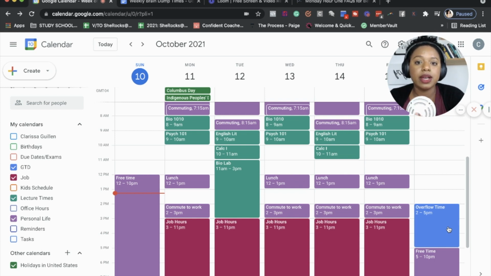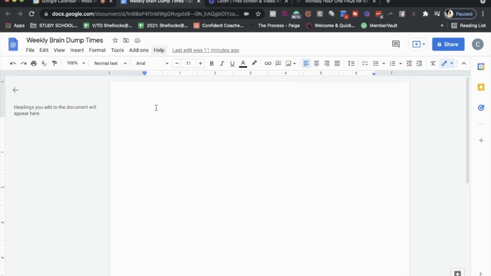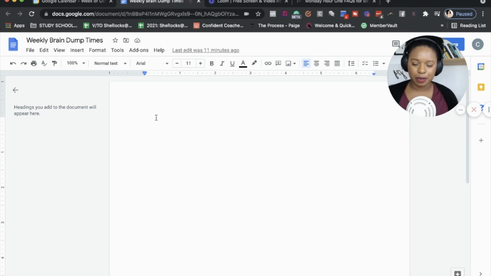Once that's done, either on Saturday or Sunday, what I do is I typically will sit down and I will look at the exams that are coming up. I will look at the assignments that are coming up that are due. I will take a look at my personal life calendar and just see if I have any appointments coming up, whatever it is. And once I've looked at all of that, I will then come in and either on paper, which is my preferred way,